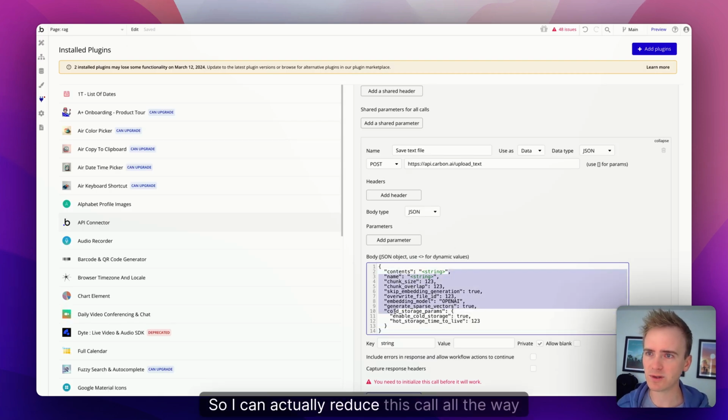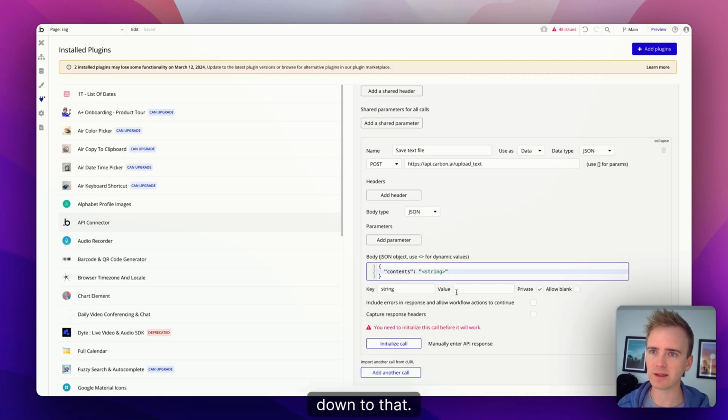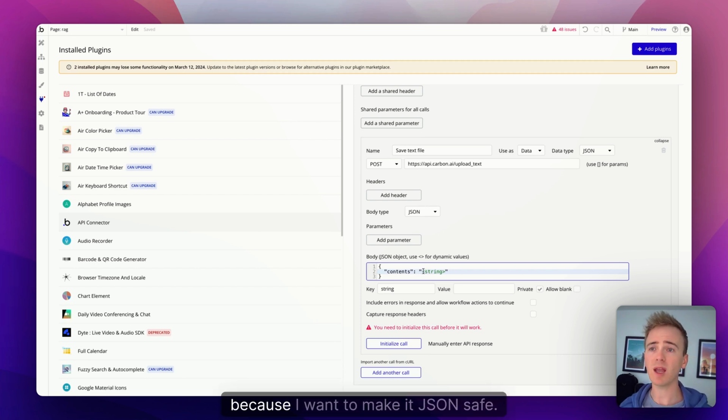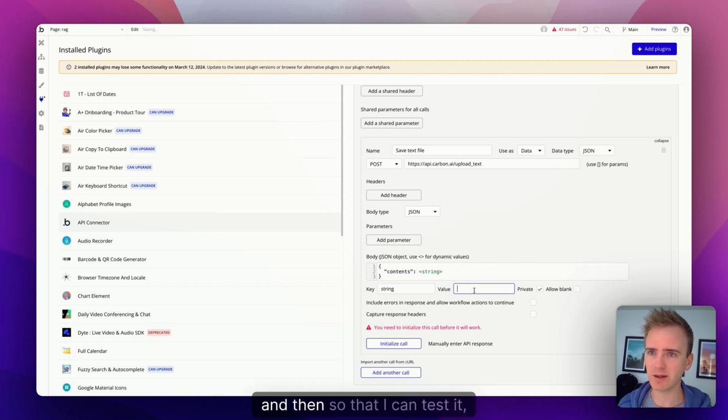So I can actually reduce this call all the way down to that. And then, oh look, they use triangle brackets. Very handy for pasting into Bubble. Because I want to make it JSON safe, I'm going to remove both of those. And then, so that I can test it, I'll simply say